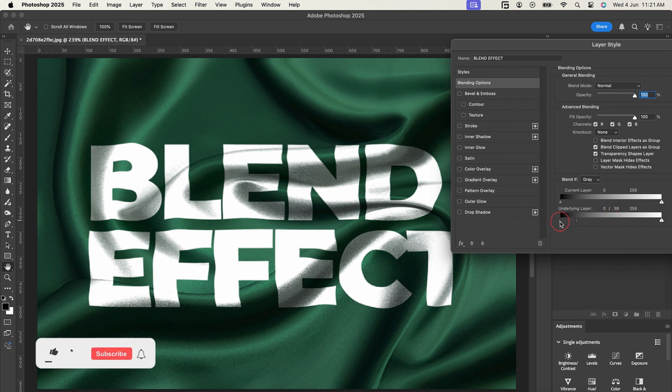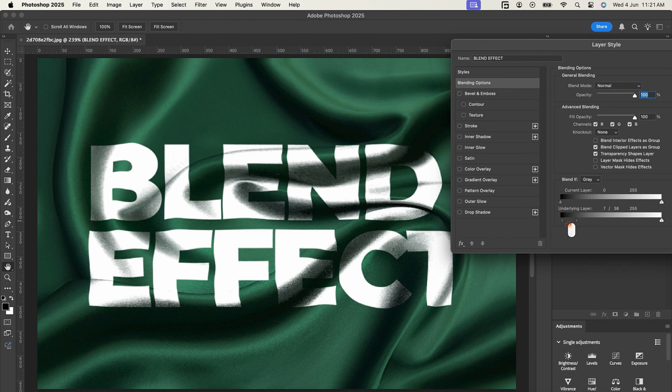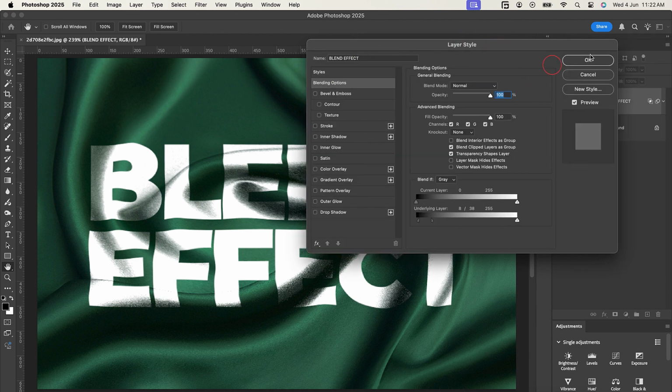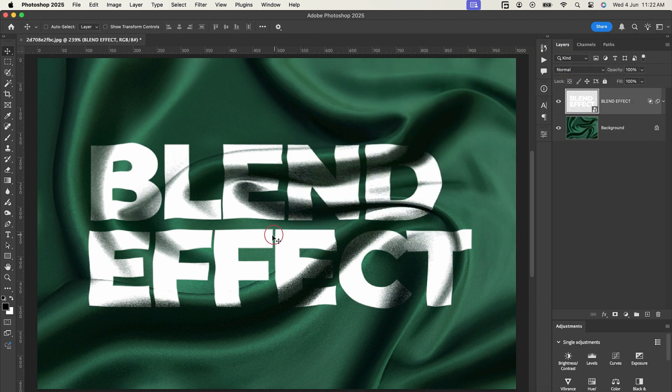Then I'll release the Option or Alt key, left click this side, and also drag it to the right. So I'll also be going with 8. So here is this side is 8 and then this side is 38. And click on OK. So now you can see that our text has taken the effect on our fabric over here,